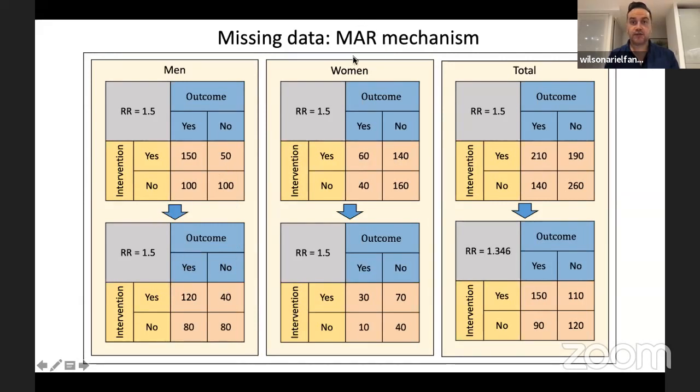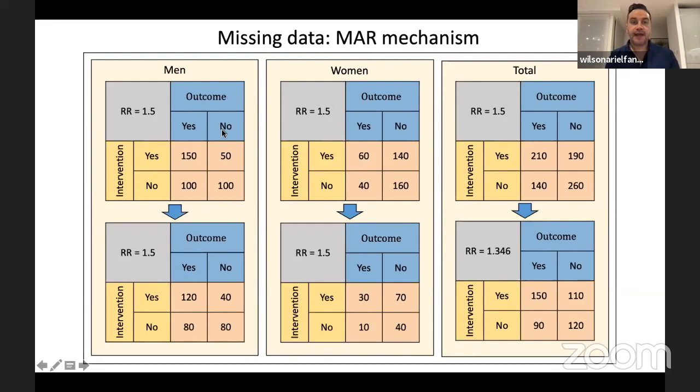This is why it's called the missing at random mechanism. Because if the missing data is related to the outcome, this is immediately missing not at random. Okay, so in this case, because it has nothing to do with the outcome,